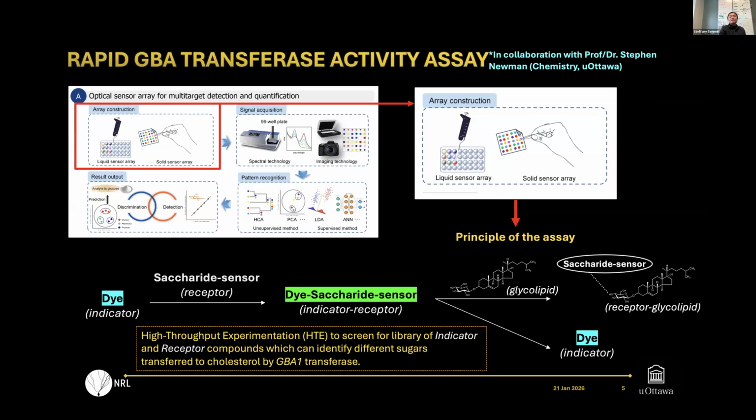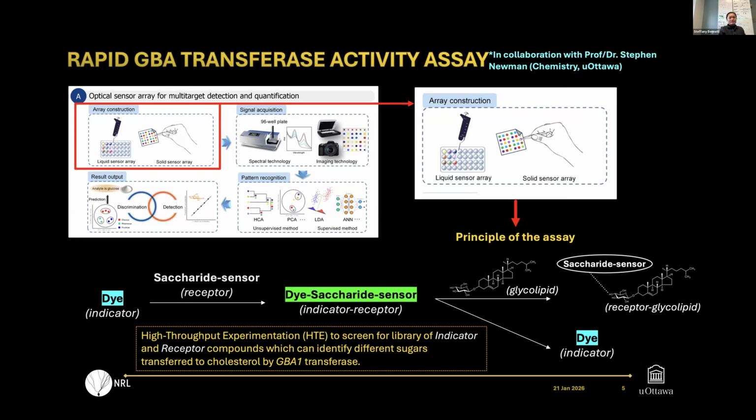I will now present to you a new addition to this project that we recently added. We recognize that the activity of the GBA1 enzyme as a transferase is very important. But what we're also interested in is elevating the measurement of this activity in such a manner that it can be done quickly and is easily accessible by the clinician, as well as by the patient. And so we have been brainstorming and working to develop a type of sensor assay, where the activity of the GBA1 enzyme as a transferase can be easily measured.